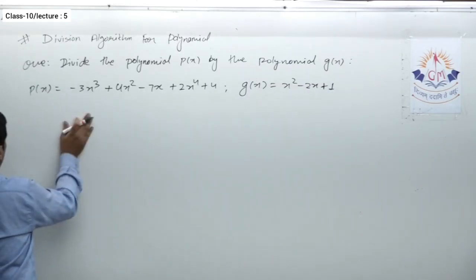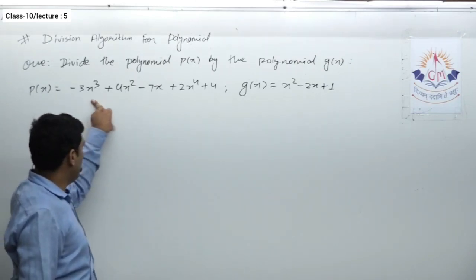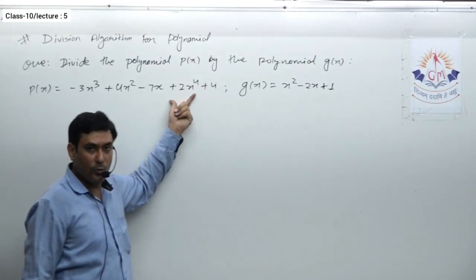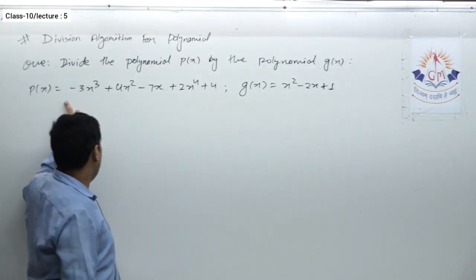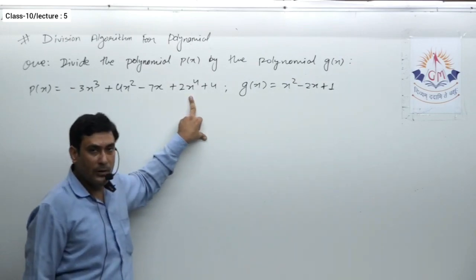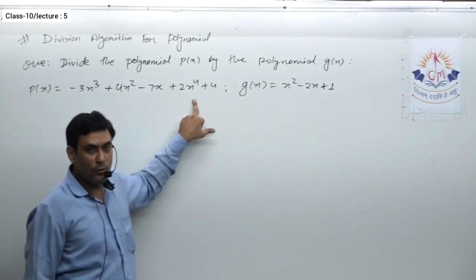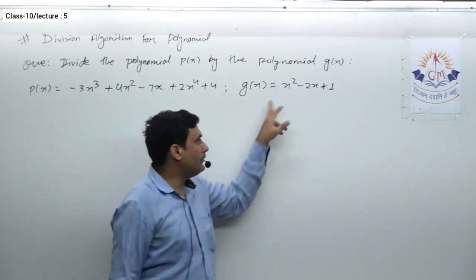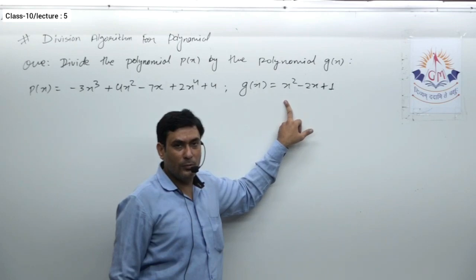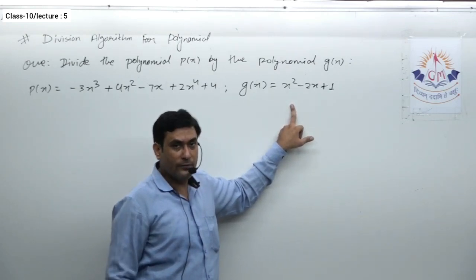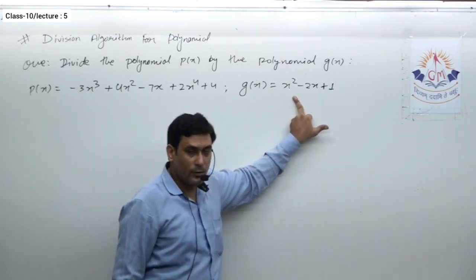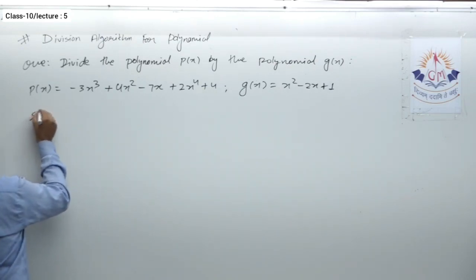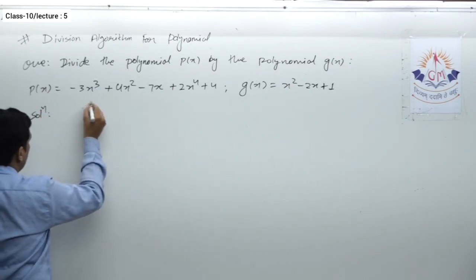Now over here, if you observe carefully, this is not in the standard form because 2x raised to 4 is written over here. So I have to take it as the first term because this is the maximum power, and I have to write these polynomials in their standard form. As well, you can observe this time the divisor polynomial is not a linear polynomial, unlike the first two questions. Over here the divisor polynomial is a quadratic polynomial. So let us see its solution. Definitely I will start with the same.